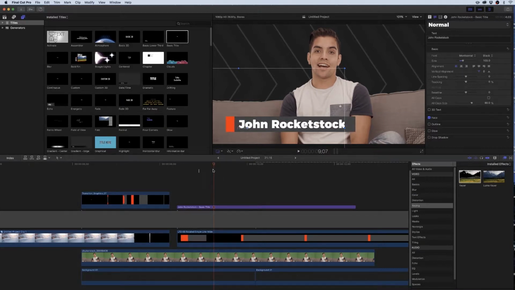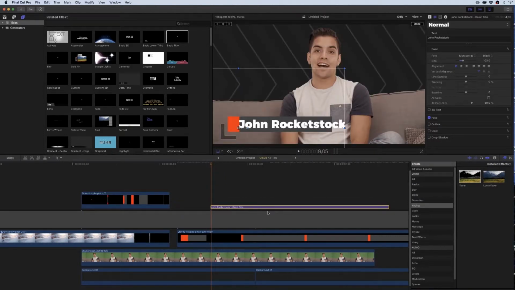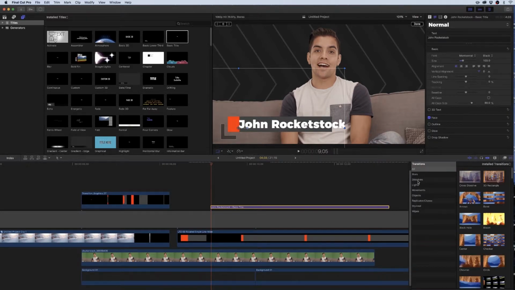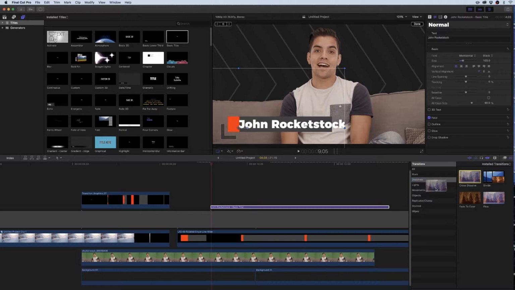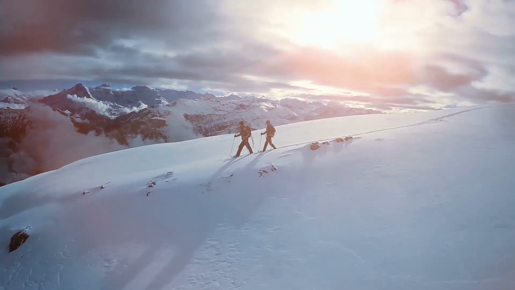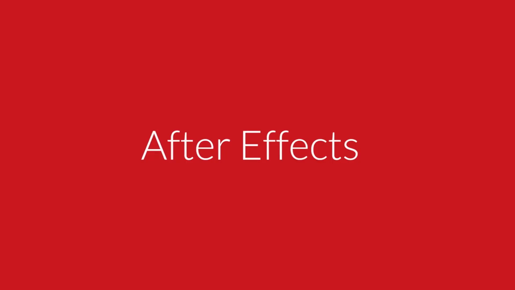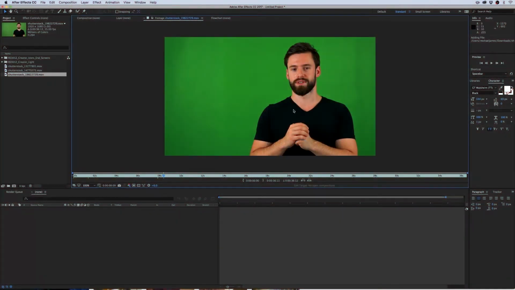And again, we're going to find that spot where the text needs to come in, probably right about there. We'll start fading it. So I'll just move it to right there. And then I'm going to go to our transitions here, find dissolves and grab a cross dissolve and just drop it right at the beginning of the clip there. So there you go. Now you've got a lower third fading in with a nice little lower third animation. Okay, so now we're in After Effects, and we've got this guy, and this time he's going